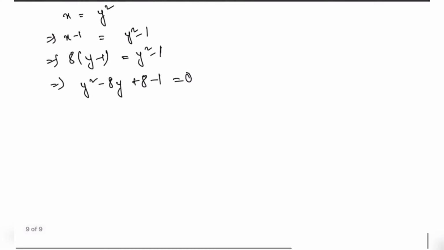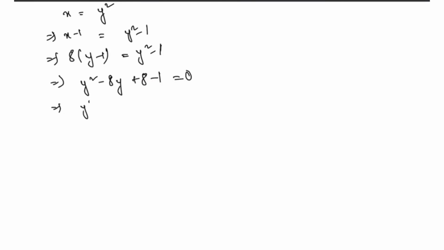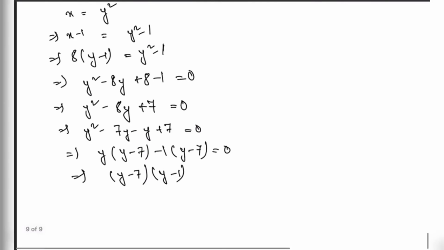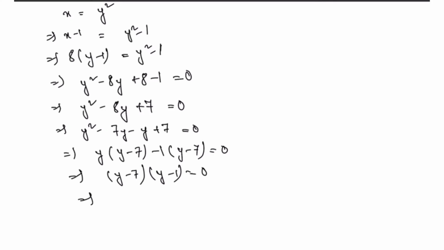That is y square minus 8y plus 7 equals 0, implies y square minus 7y minus y plus 7 equals 0 implies y into y minus 7 minus 1 times y minus 7 equals 0 implies y minus 7 y minus 1 equals 0